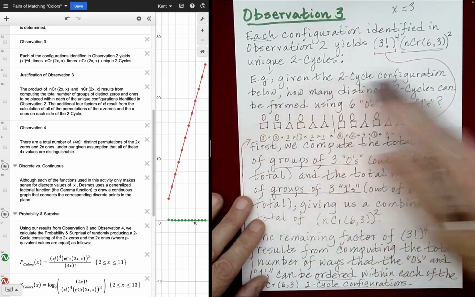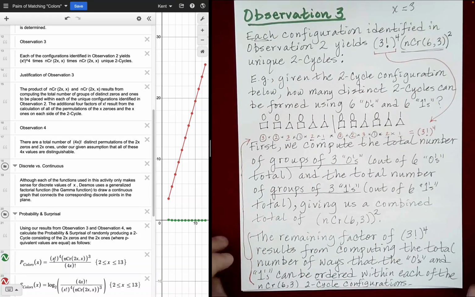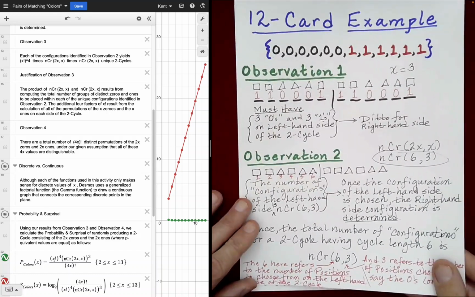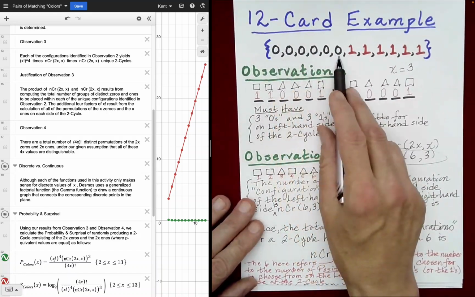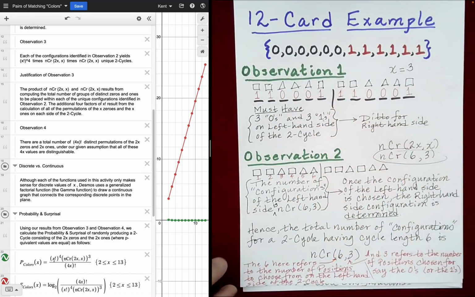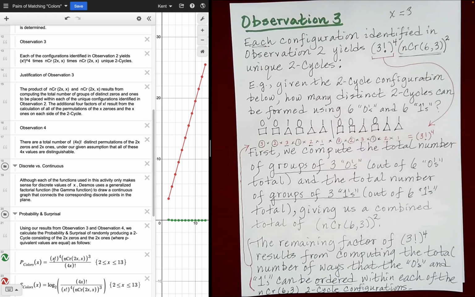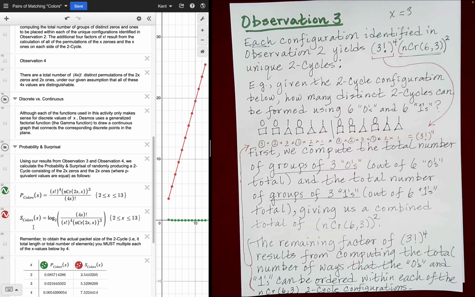So if you multiply all of that, you'll get the total number of 2 cycles that can be formed using 6 zeros and 6 ones. So this will be the total number that can actually be constructed. And so if you go down here to our probability and surprisal calculations, okay, so for the probability calculation, the